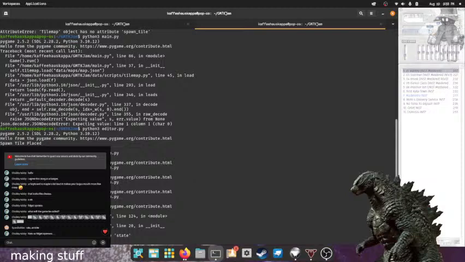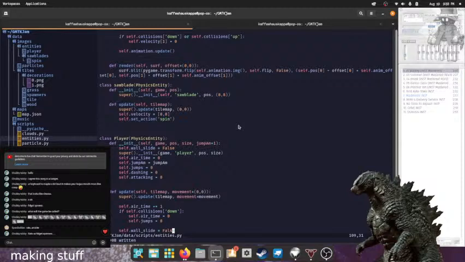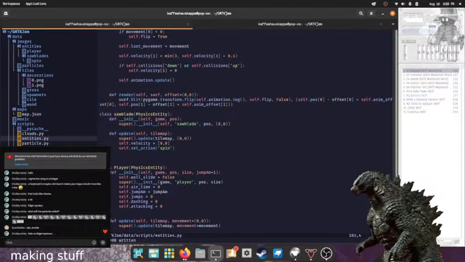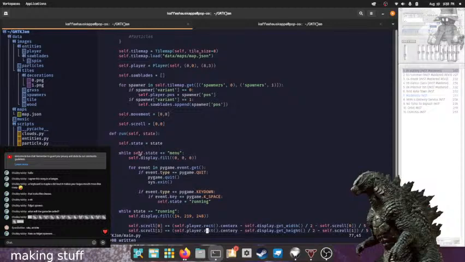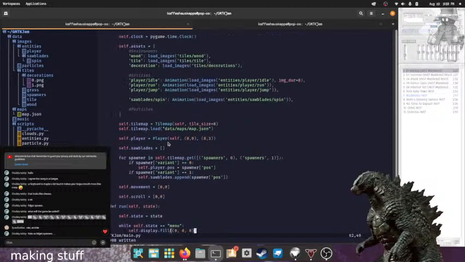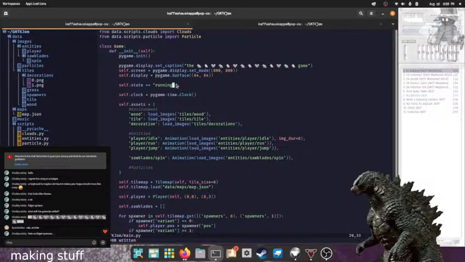Game has no attribute state. Did I not set it up already? If I go back to main, let's see. Oh, we already have it in the init, so I can just do that.